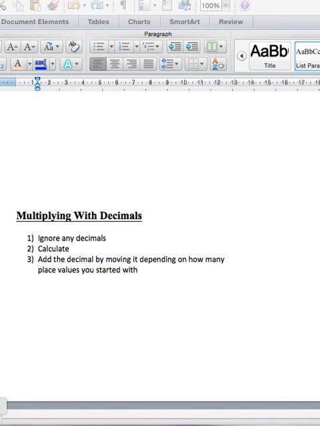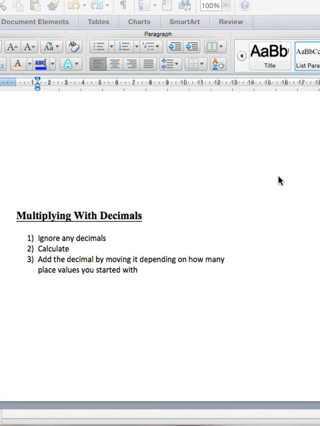Okay, so we're multiplying with decimals. I want you to write down these 3 steps. If you can remember these 3 steps, you can't go wrong. So the first step is you ignore any decimals. Then you calculate it, just like we did with the previous examples. And then the final step is, once you have added what you've calculated, you need to add the decimal in